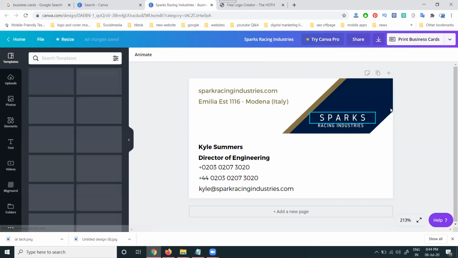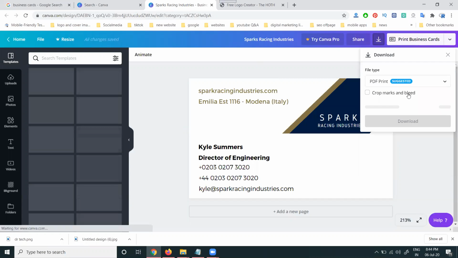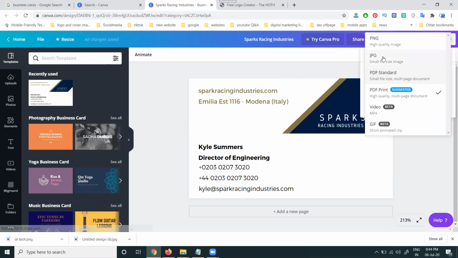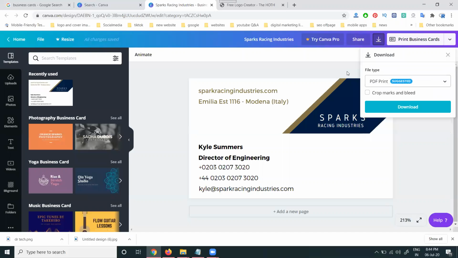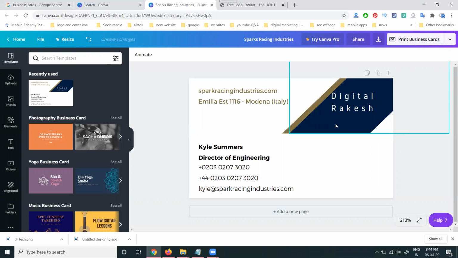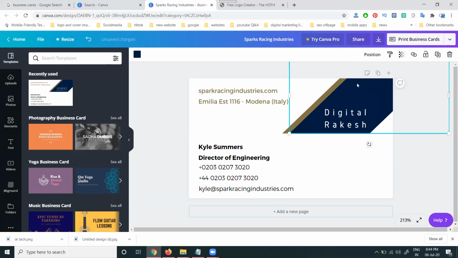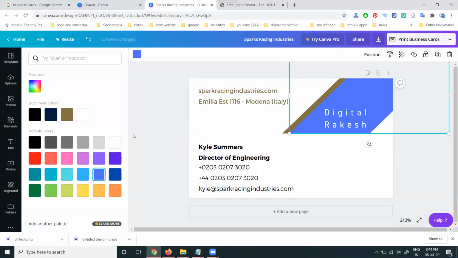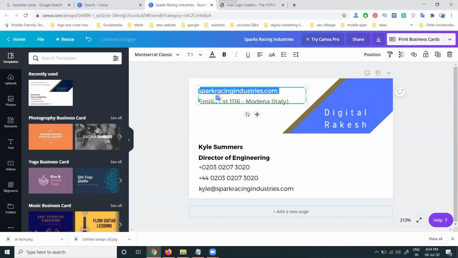In Canva, we can select your own design or an existing template, or select one which is free. You can select it, and at download time if they show any price, nothing happens. You can download a maximum of PDF standard for any business card. Here is the option. You can change here. What things are there? Just remove it here, add your option. The color can be changed. Use the color. So what can you change here?